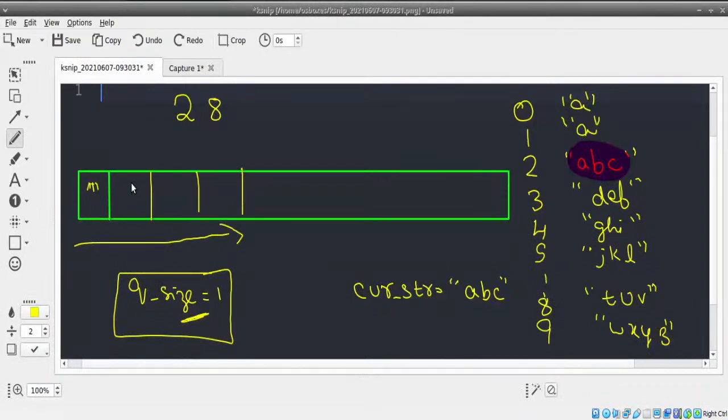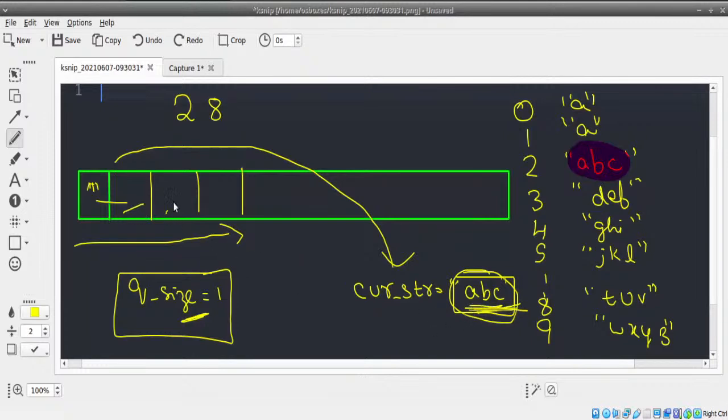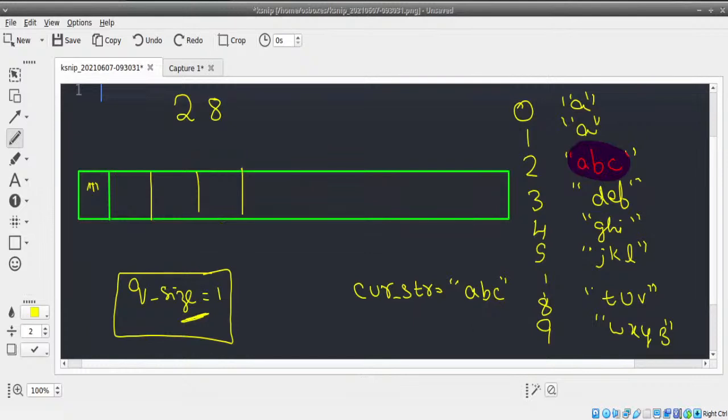Once we loop 4 times, each of these 4 times we need to multiply with something, right? Whatever we are supposed to add it with or concatenate it with, I need to loop through this. For first element, I'm looping through this and adding. For second element, I'm looping through this and adding. For third element, I'm looping through this and adding. For fourth element, again, we're looping through current string and adding. So we need to loop through every character of current string now. So let us do that very quickly. So I'm going to write here